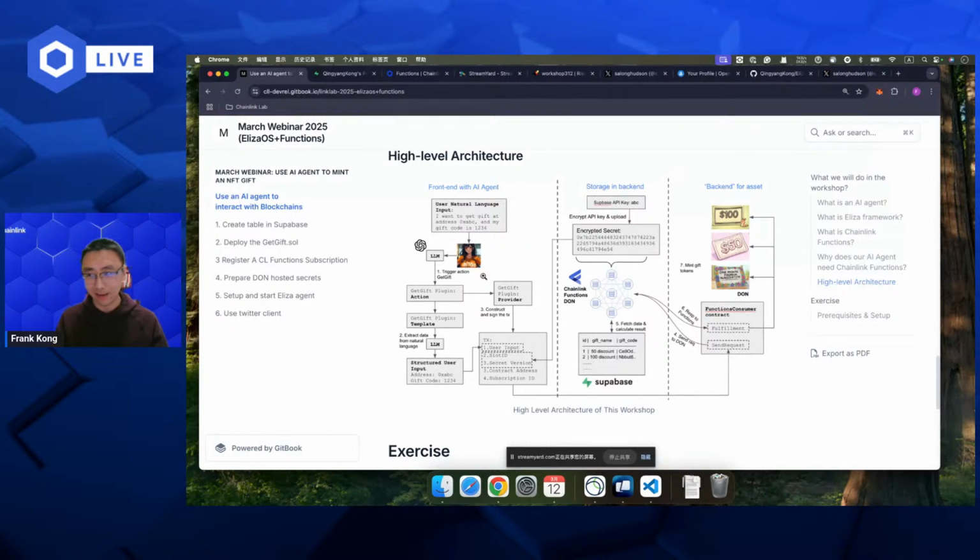I think you have already seen some bots or AI agents on Twitter that speak, and we call that the front end. With this front end, you don't need to build your own website with HTML and CSS. You can just use any social media like Twitter or Telegram as your front end. The users can just create a dialogue in this social media and input whatever they want to do in natural language. That is the front end.